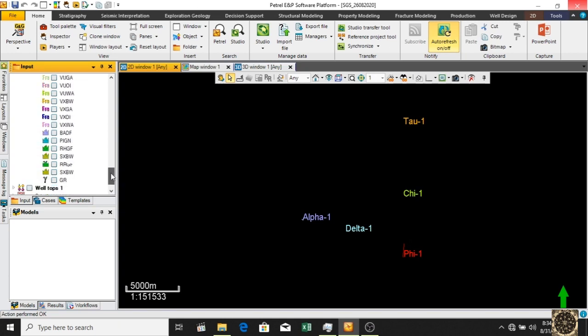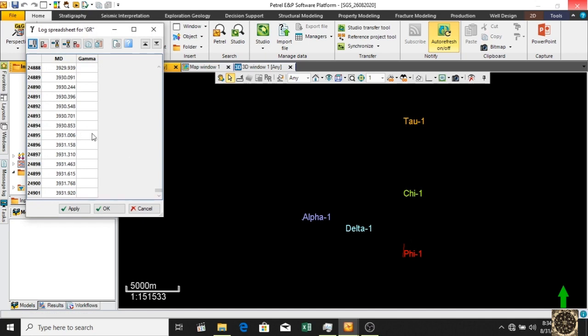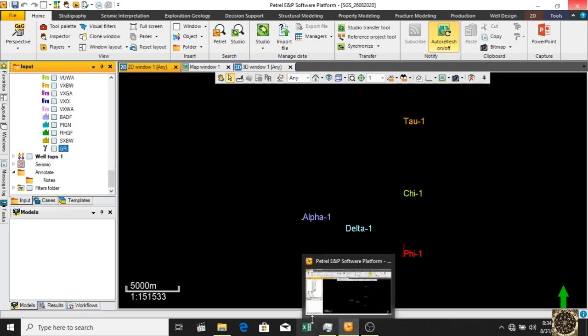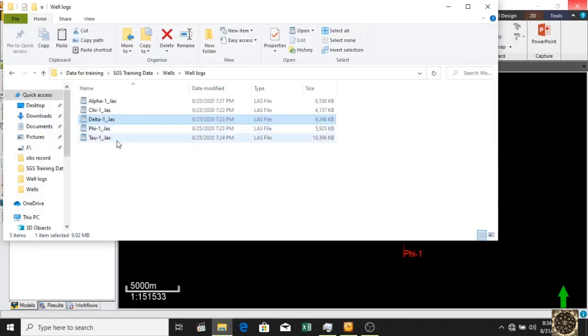And let's see where the GR is. There is GR. Right click, spreadsheet. Again there are no values in this, so we have to solve this problem. There is something wrong with the LAS file, so I have to, right click,